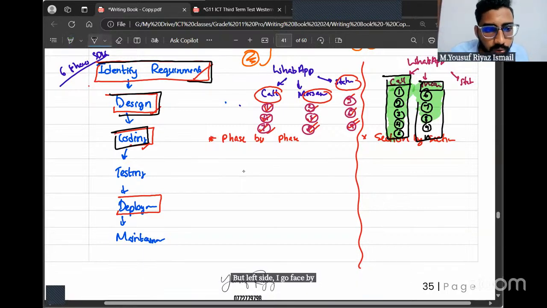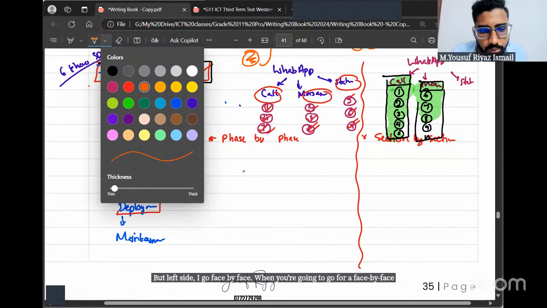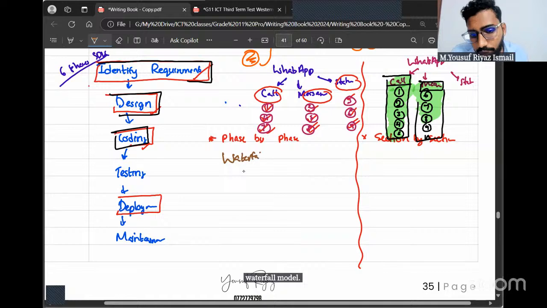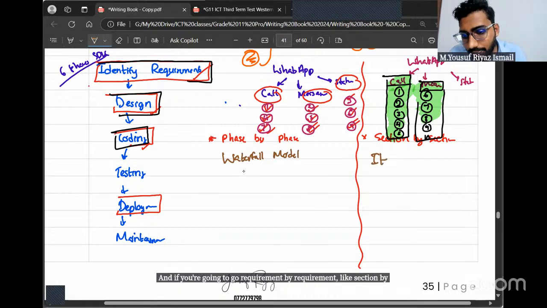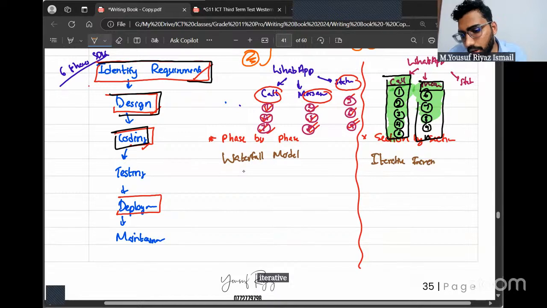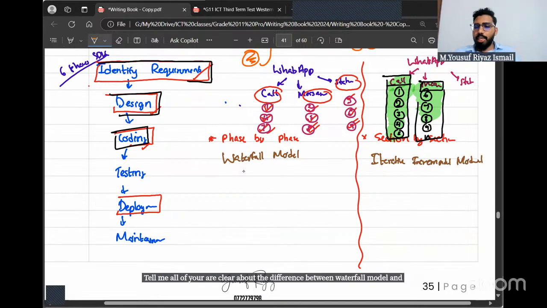When you go for a phase by phase approach, we call this approach the waterfall model. We go phase by phase. And if you go requirement by requirement, like section by section, that's what we call the iterative incremental model. Tell me, all of you, are you clear about the difference between the waterfall model and the iterative incremental model?